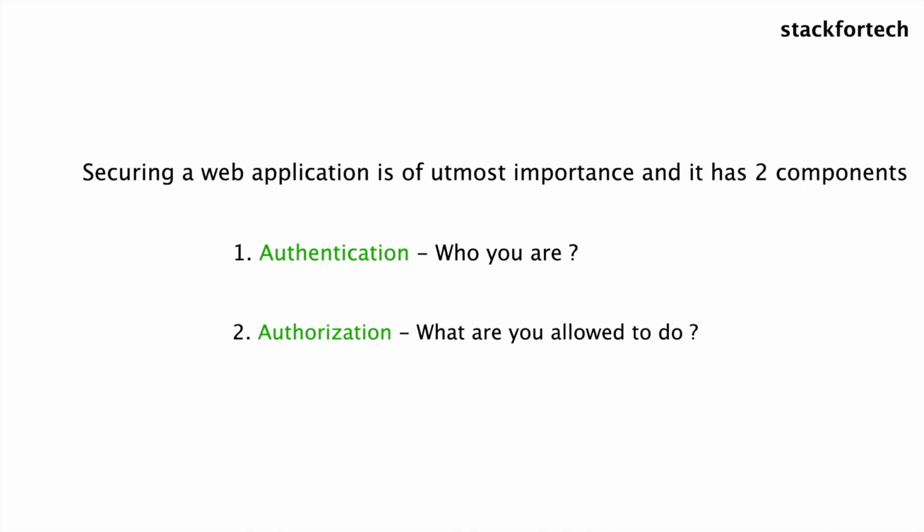Let's say there is a person who has a valid personal identification number, which establishes his identity as a permanent citizen of the country, and he is 16 years of age. Now let's say the country has a rule on who can vote, and the rule specifies that only people above the age of 18 can vote, which means people below 18 are not authorized to participate in the voting. Now this person, despite having a valid citizenship, which means he is authentic, is not allowed to vote because he is not more than 18 years of age. So this is what authentication and authorization is.